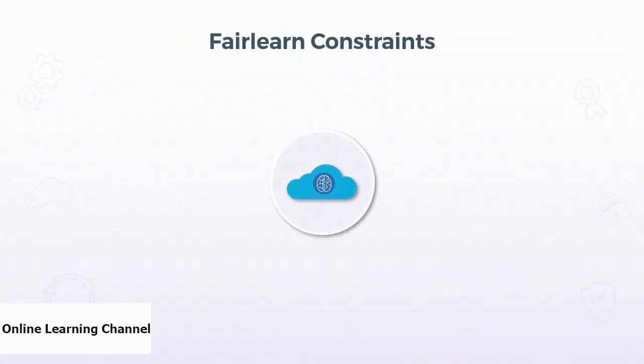Now, in order to use the various algorithms that we just talked about, there are rules that have to be applied to those algorithms. And these rules are called constraints because they're supposed to help reduce unfairness. Now, there are several different constraints that you can implement. For example, the demographic parity constraint can be used with any of the algorithms to minimize disparity in the selection